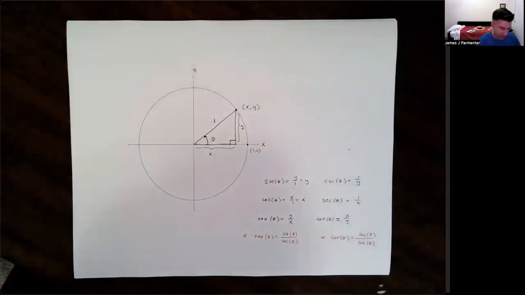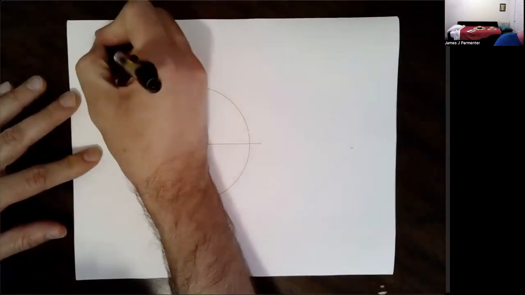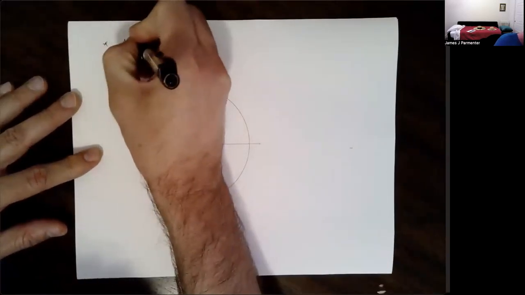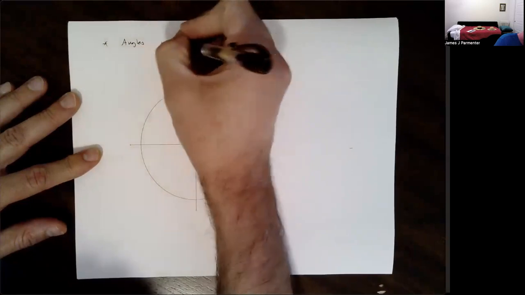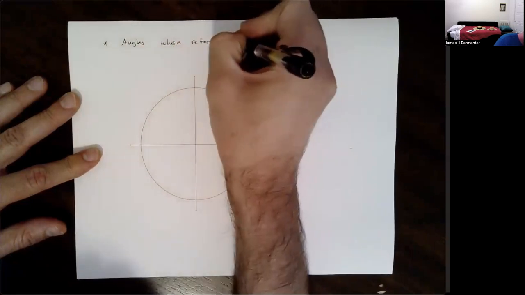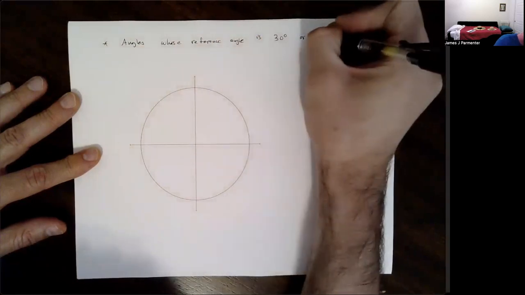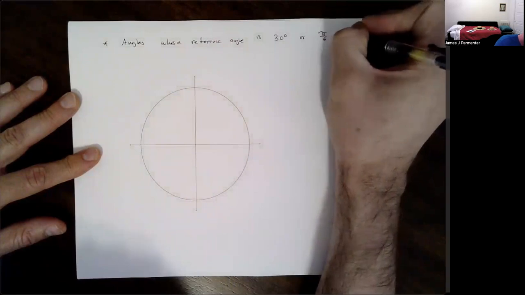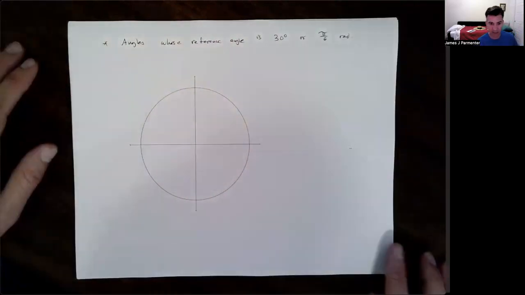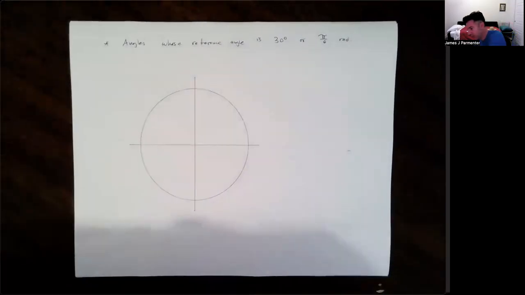Let's start off with the following. We're going to look at angles whose reference angle is 30 degrees or pi over 6 radians. And I don't use your radians, I kind of just accidentally do it there. Happens. Okay, and then I'm going to try and draw these looking relatively nice, so I'm going to use a